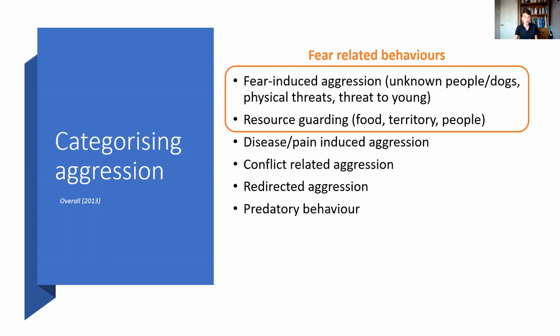We also see redirected aggression. So this is, again, when an animal's in a situation where they're very stressed out or they've experienced some fear themselves, and as a way to manage that stress and manage that fear and those uncomfortable emotions, they redirect some of their aggression or some behaviours towards another animal or another object. You might think of the human analogy: if someone's had a bad day at work, they might go home and take it out on their other family members. They might be a bit grumpy with their family members or something like that. And that would be an example of redirected aggression.